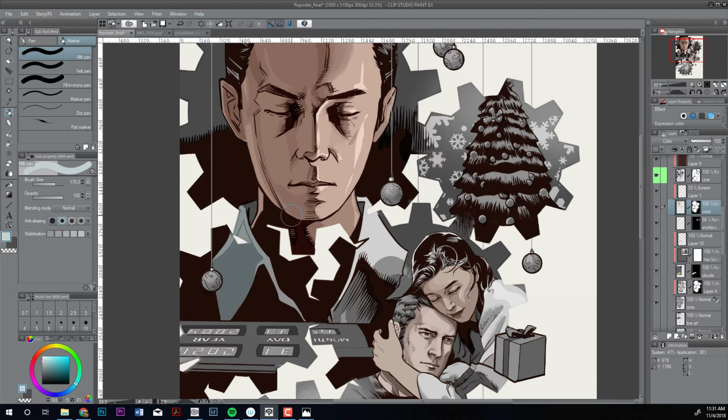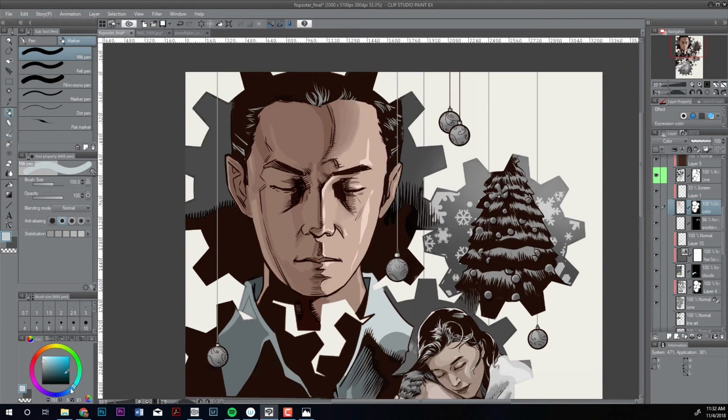But mostly I'm just looking at an overall limited palette that is somewhat cohesive. It doesn't have to be perfect. I can always unify it later, like I said, with color balance or